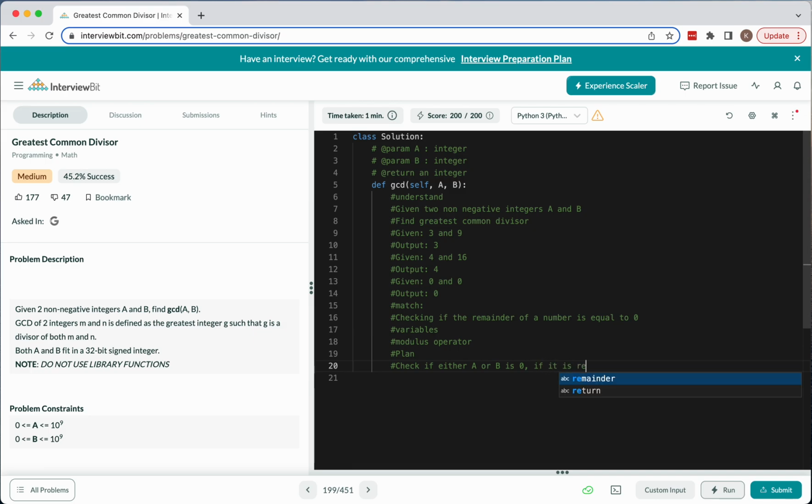If it is, return the greatest of those two numbers. So we have 0 and 0, return 0. 0, 9, return 9. 9, 0, will return 9. So that's what we want. Check if either a or b is 0. Otherwise,